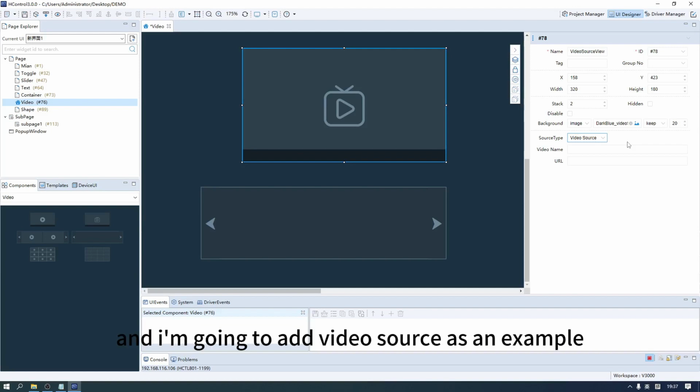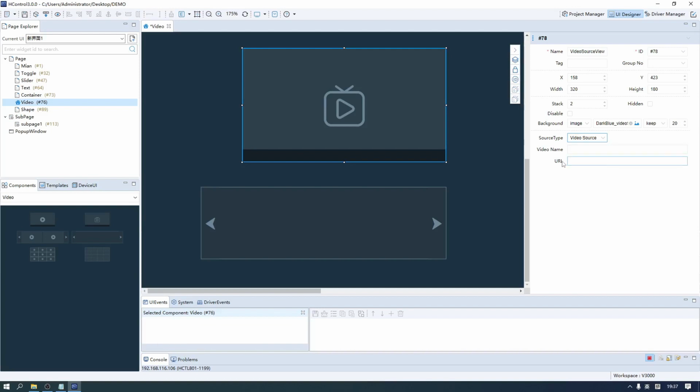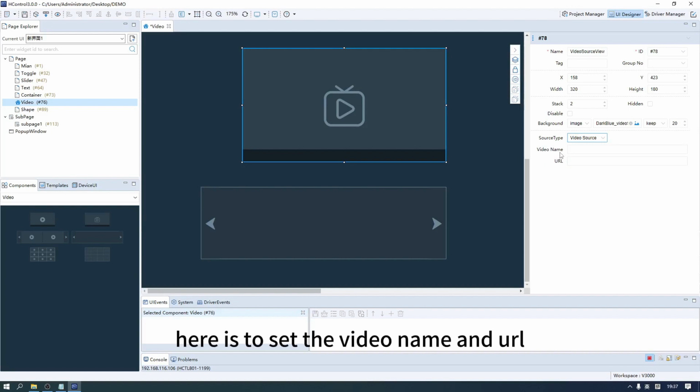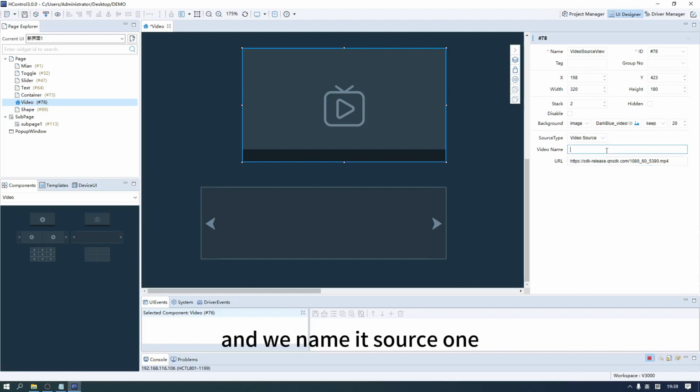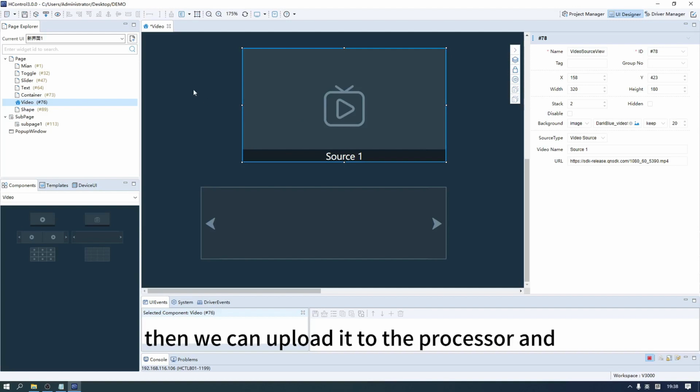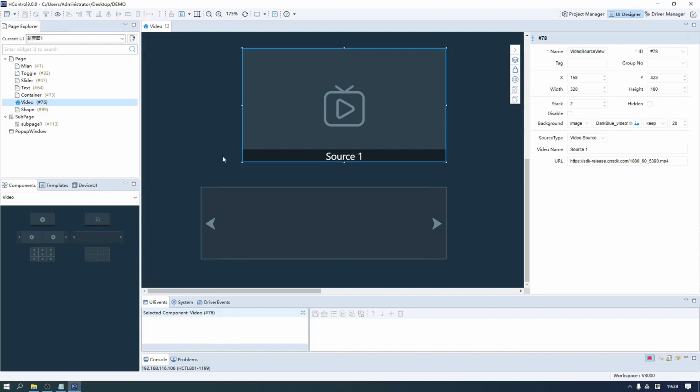And I'm going to add a video source as an example. Here is to set the video name and URL. Here we add a link for it. And we name it source 1. Then we can upload it to the processor and